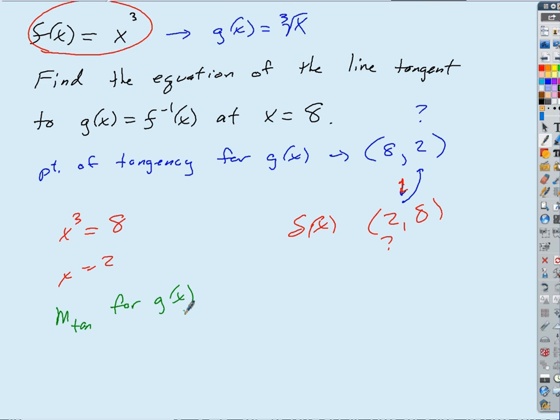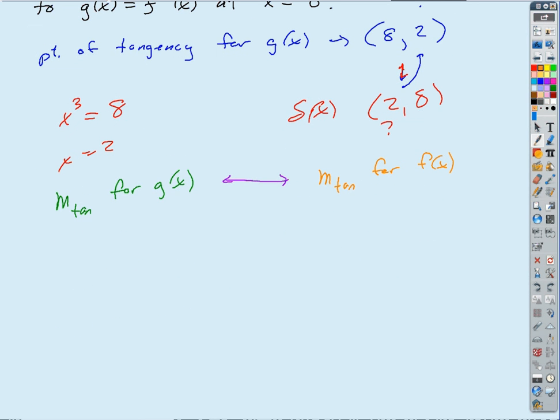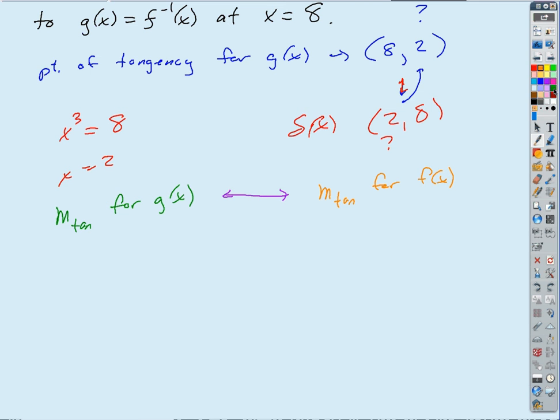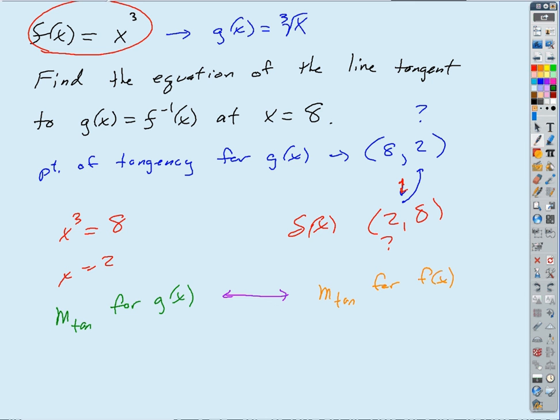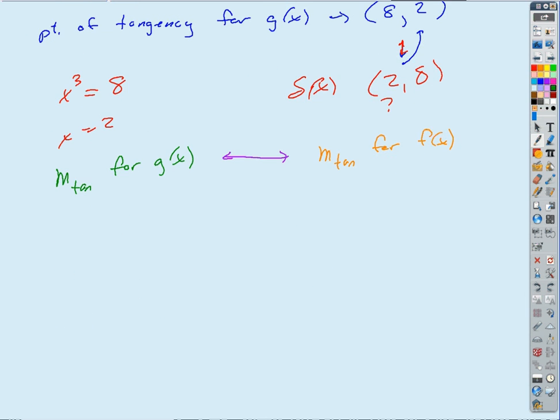The reciprocal, right? You've got to be careful about the inverse, because we're talking about inverses here. So it's reciprocal. So we know that the slope of the tangent line for g of x is going to be related to the slope of the tangent line for f of x. How are we going to make that relationship? So g prime of 8 has to equal